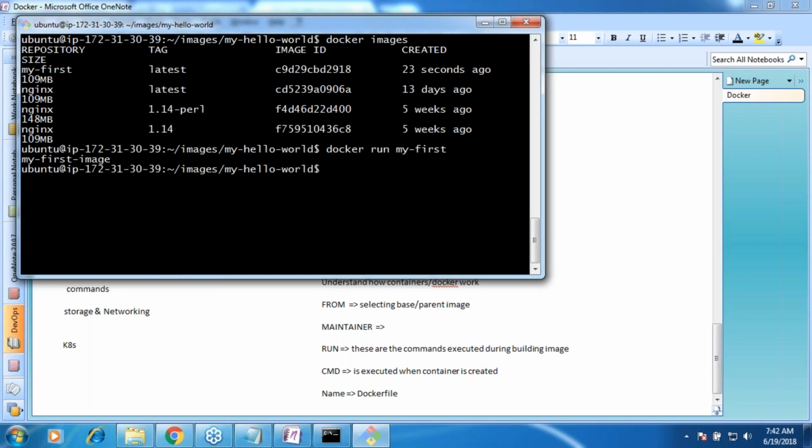Will this container be still running? Why? Because the echo command has returned, right? If I have written some script which will run forever, then my container will not die. So the lifetime of your container depends on what you have written during startup.